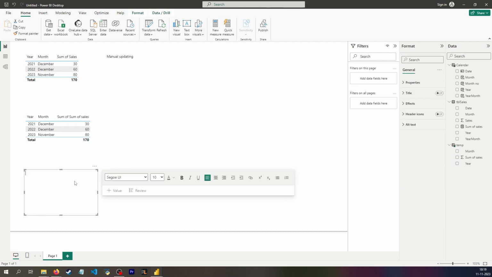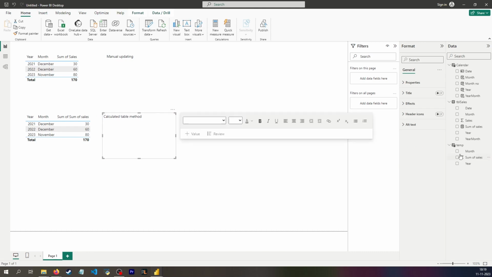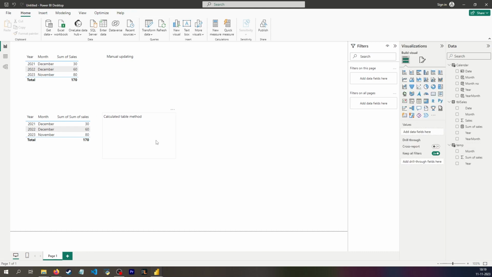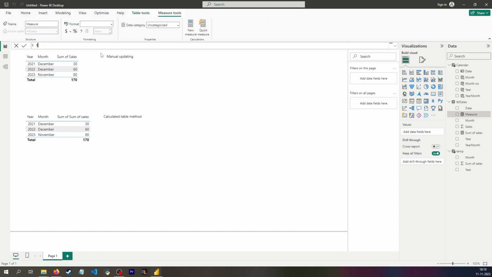Meaning this is then the calculated table method, which I wouldn't suggest using because now you're adding an extra table, and why do that? It's annoying to look at. Instead, what I can do is to add a measure. I want to say sum of sales, but only for the latest months. That means I need to grab the latest months, which should then be I want to calculate because I need